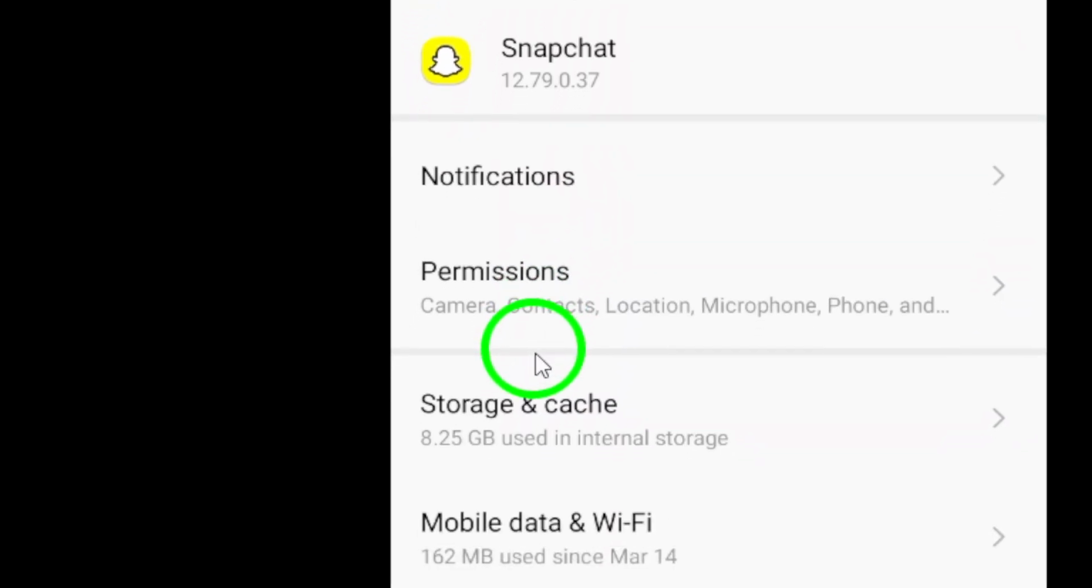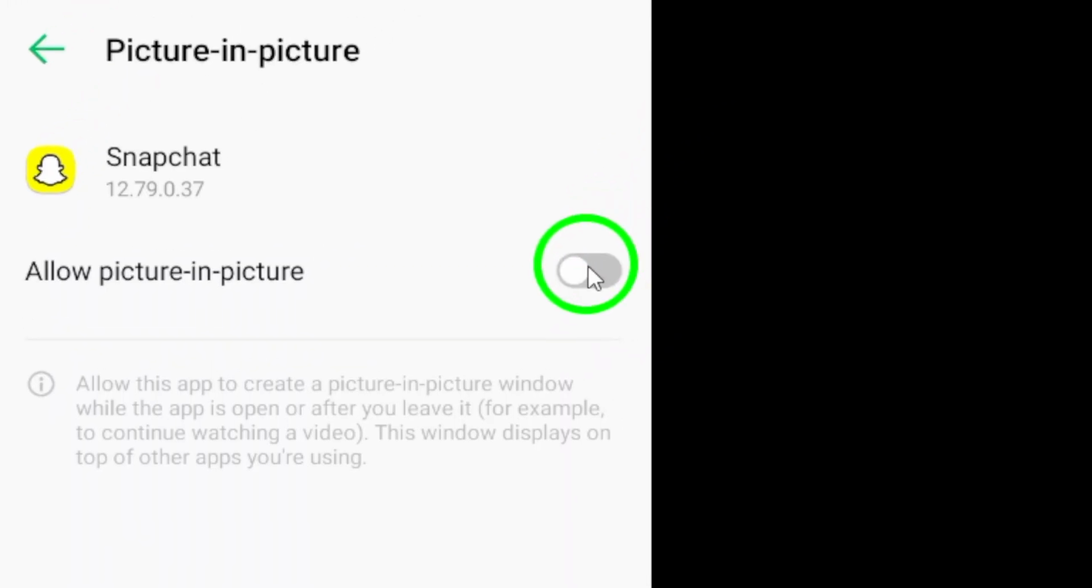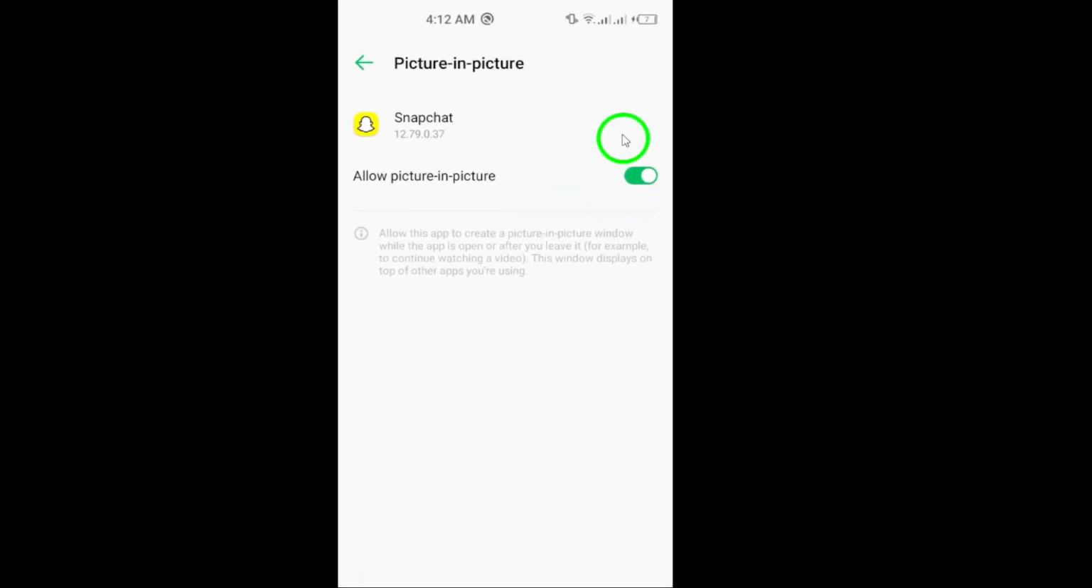Now, within the Snapchat app settings, look for the Appear on Top option and tap on it. This setting allows the app to appear on top of other apps when running in the background. After tapping on Appear on Top, you will see an option to allow permission. Make sure to turn on this permission to give Snapchat the access it needs to run smoothly when playing back